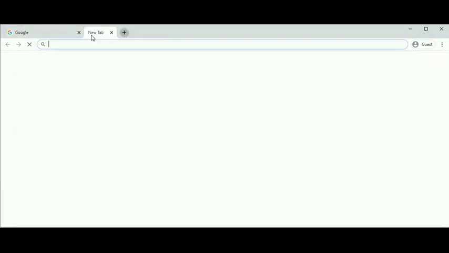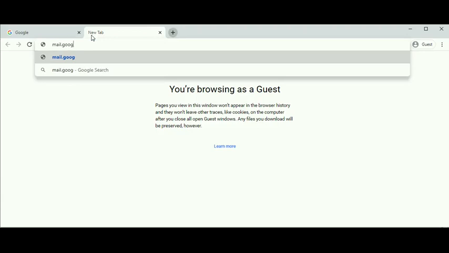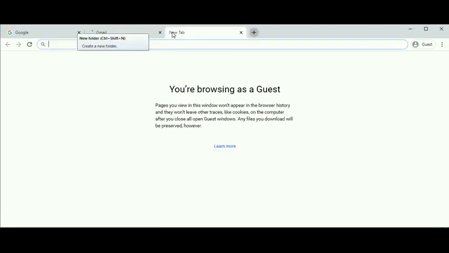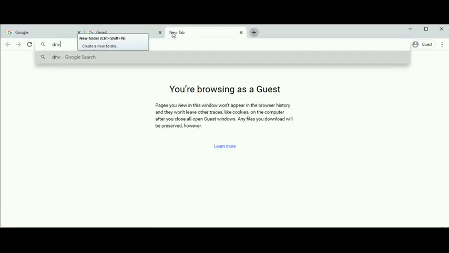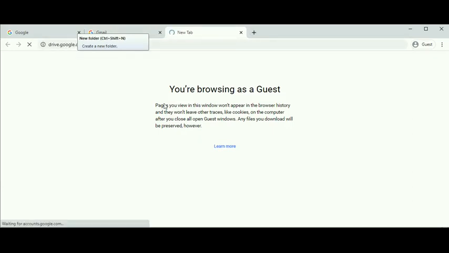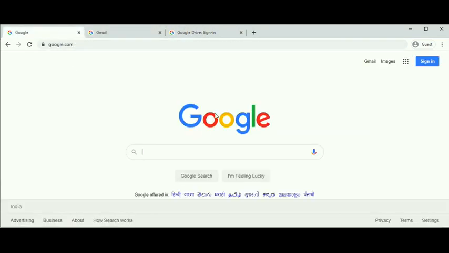The second method goes open your mail account with mail.google.com and press enter. The third way to get into Google Drive is just type drive.google.com. In all the three mentioned methods, you'll be asked to sign in with your Google account.